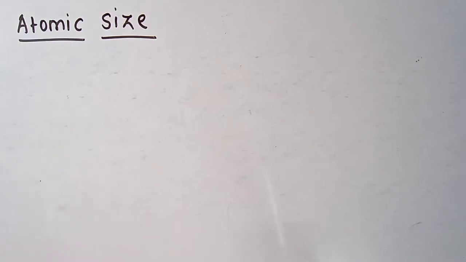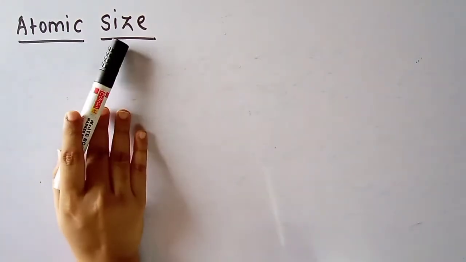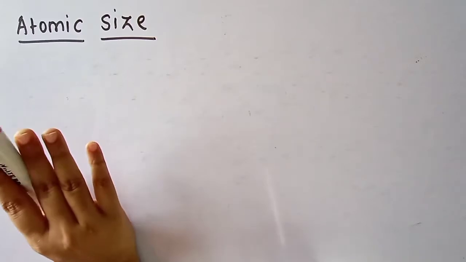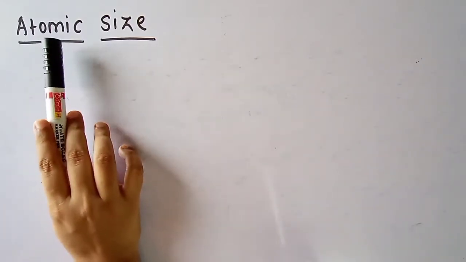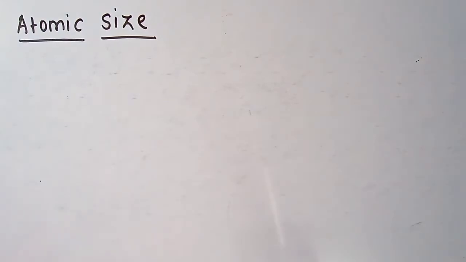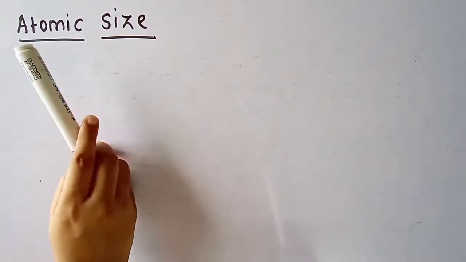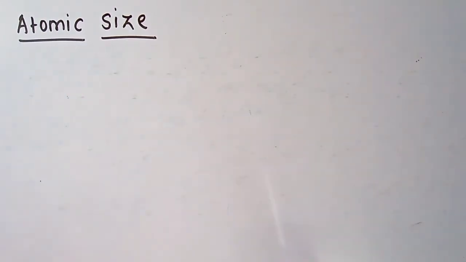Students, we have started with the periodic trends in the modern periodic table, yes or no? In the last lecture we studied the property valency and saw some variations regarding valency, yes or no. In today's lecture we'll see the next property, that is atomic size. So we'll see some concepts regarding atomic size.